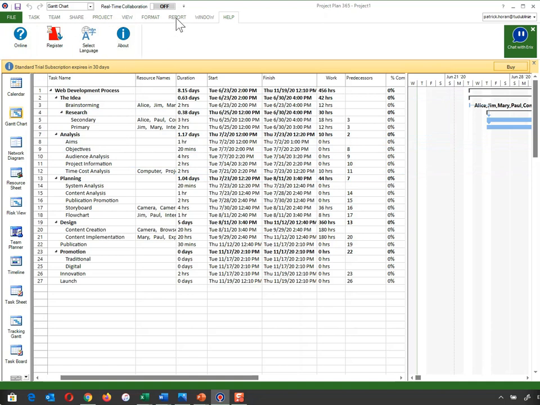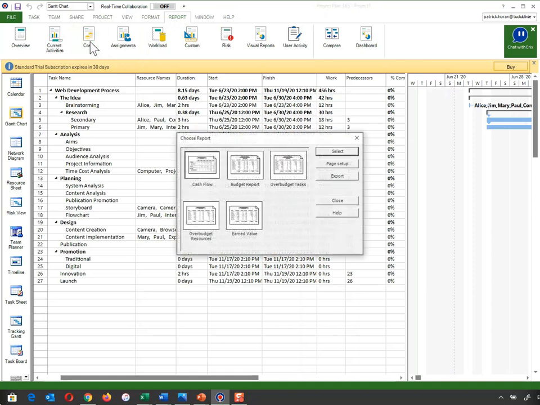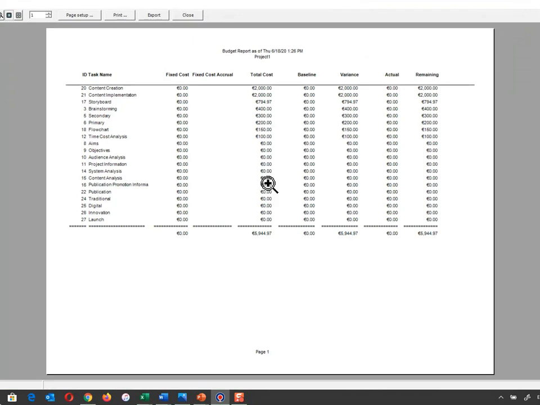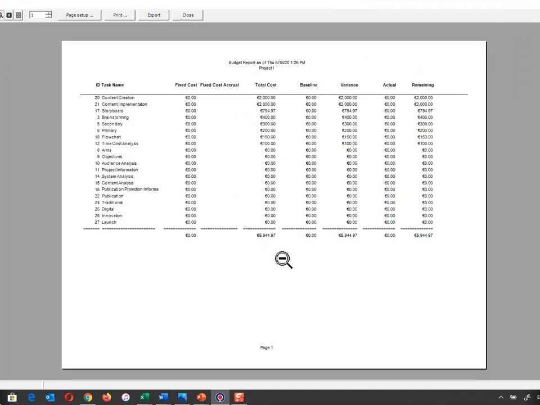Okay, so in this case here, I'm going to have a look at just reports here. Once you send the file to me, you don't have to print these reports. I will be able to look at them to see exactly where you stand. So I'm just going to have a look at a few reports here just to show you how useful this is. So I'm going to go cost and budget report and select. Okay. So with this, I'm going to open this up and you can see the total cost of my project. Now I know I haven't added resources to every single task. When I have, this will be a lot more. You can see it is